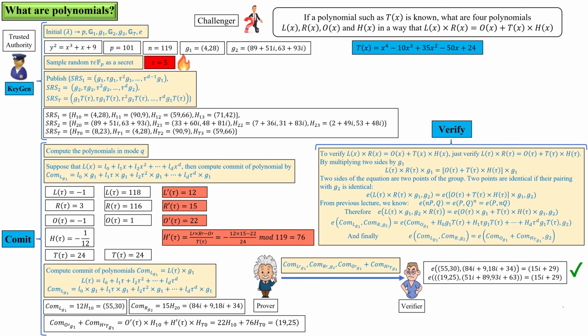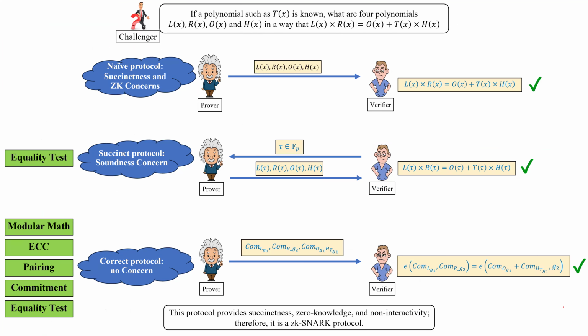Okay, now we want to review our process, the discussed design protocol for this specific puzzle. So let's review the puzzle again. There is a polynomial like t of x, and the question here is that who knows four polynomials L, R, O, and h in a way that L multiplied by R equals O plus t of x multiplied by h of x. First, we discussed the naive protocol, and we said that the prover can send 4 polynomials